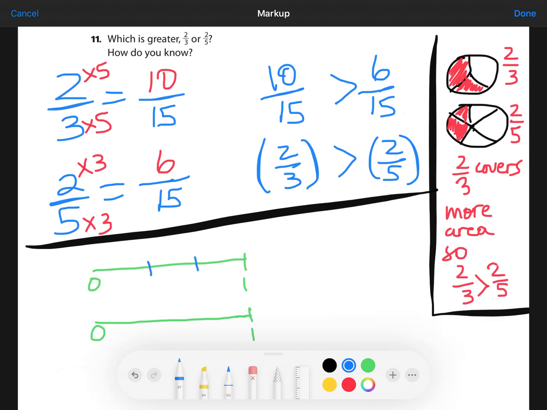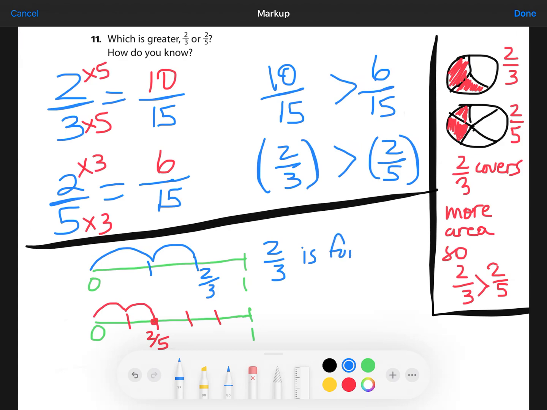If I divide this line into thirds, and if I divide this line into fifths, I have 1, 2/5 is here, 2/3 is here, and I can see that 2/3